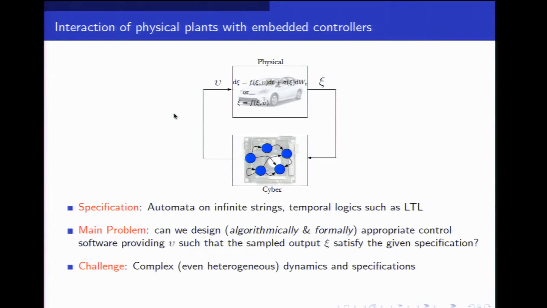So what is this talk about? I'm given a physical system with a model which can be represented using differential equations, ordinary or stochastic. And now I'm planning to design a controller code. It's a controller that's going to be implemented as C code, in order to control this system in a closed loop fashion, in a way that the output of the system at the sampling time satisfies